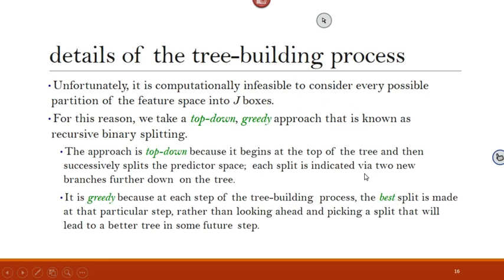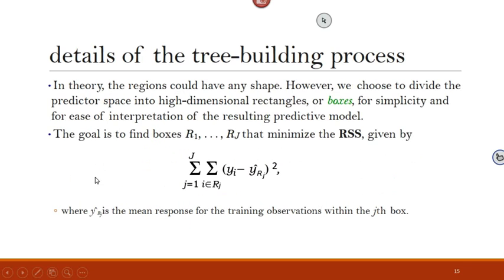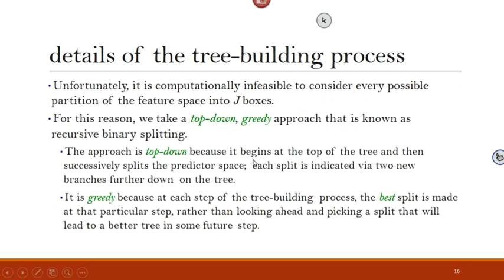All right. So the goal here is to place those boxes such that you have a minimum value for this function or this equation. Now, if you go about placing those boxes exhaustively, this is going to take forever, because the problem will be how to split and where to make those splits. So we take a top-down greedy approach.